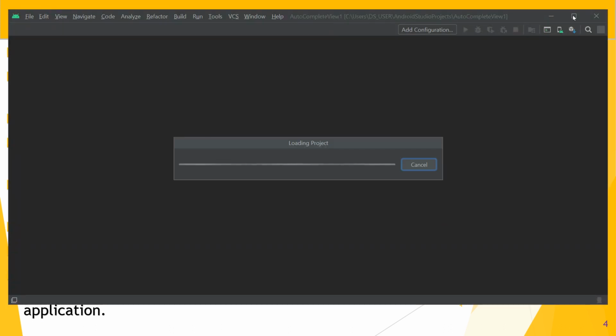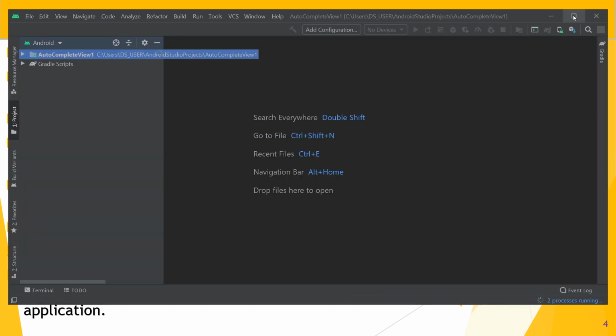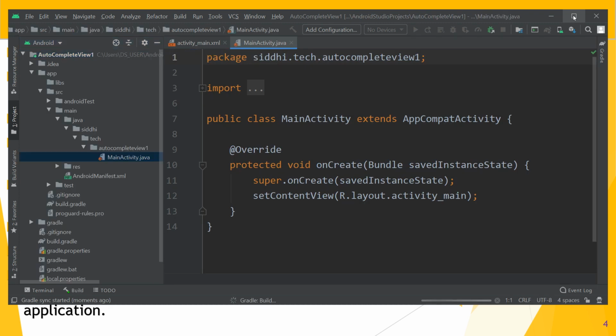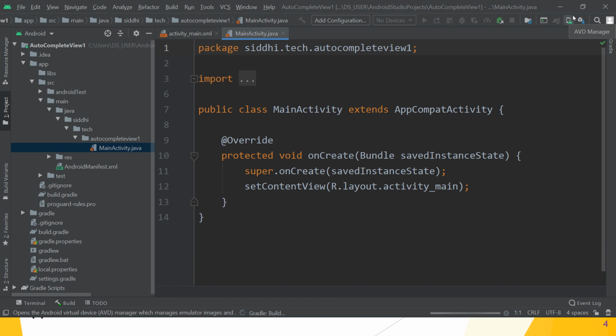Great, guys, we have already seen a number of views, that is Button, EditText, TextView, which are commonly used. So in this lecture we will only discuss AutoCompleteTextView. Great.